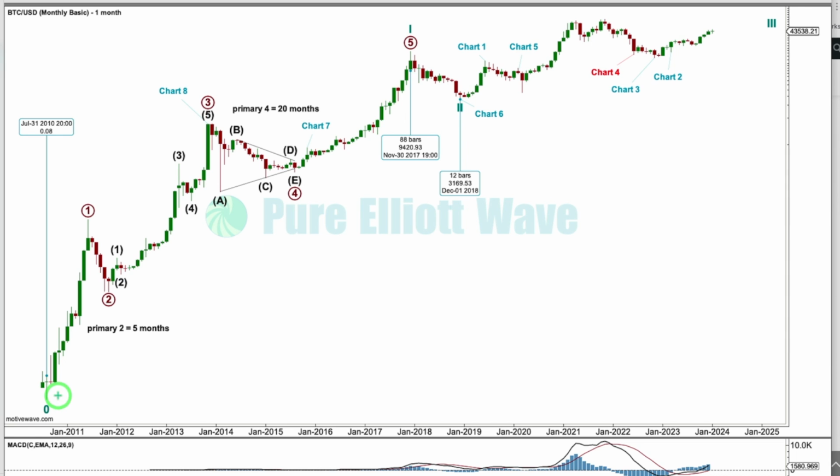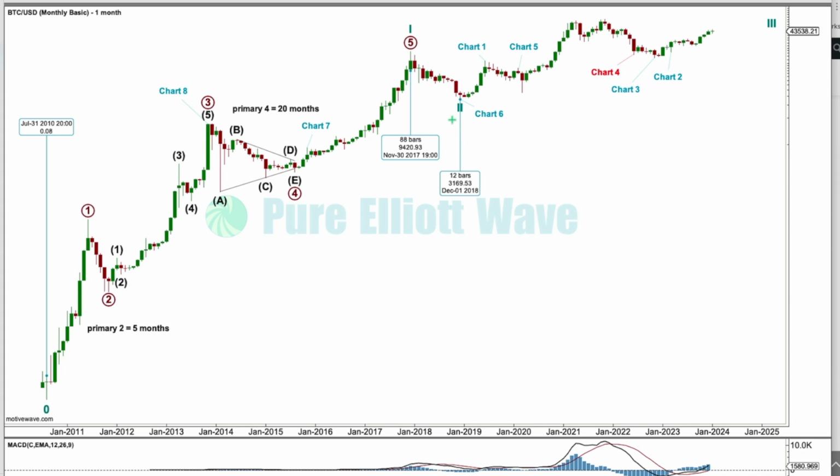From the beginning of Bitcoin's price history to this high here in December 2017, this fits so beautifully as a 5-wave impulse, and it's followed by a year-long bear market, which I've got labelled second wave. This is the first time-consuming bear market that Bitcoin had. This one lasted a whole year. None of these previous bear markets lasted that long. So the proportion is good to see: 5 steps forward, 3 steps back.